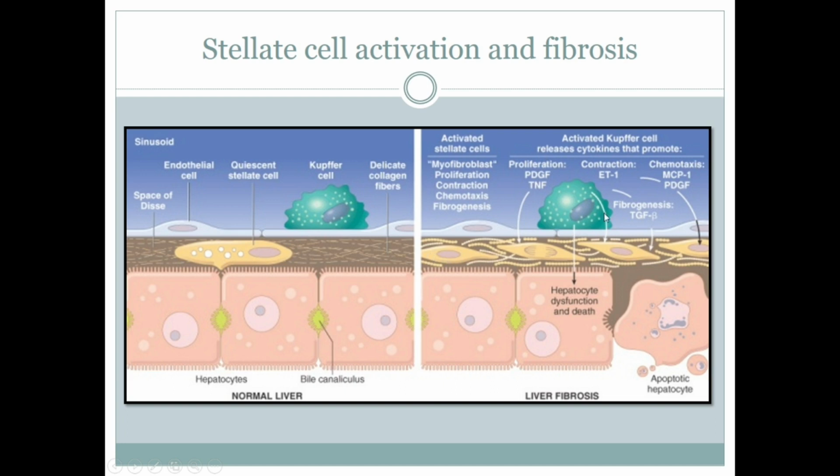They are reacting to all the cytokines from the inflammatory cells, and they transform into myofibroblasts. That's why they have changed in shape here. They look fibroblastic, and they lay down a lot of collagen. Now the problem with laying down a lot of collagen is that whatever channels are there, like even the bile